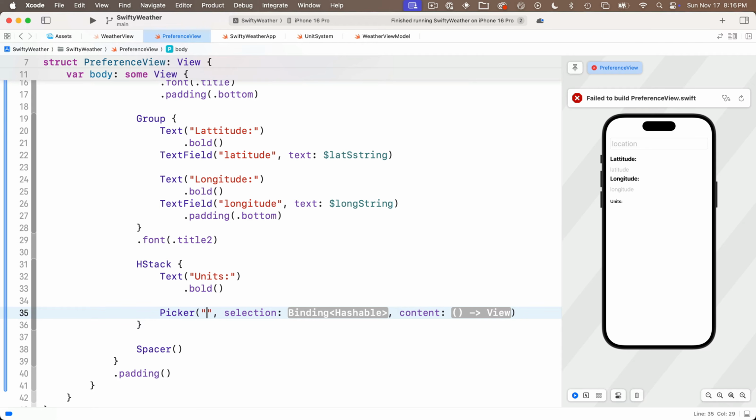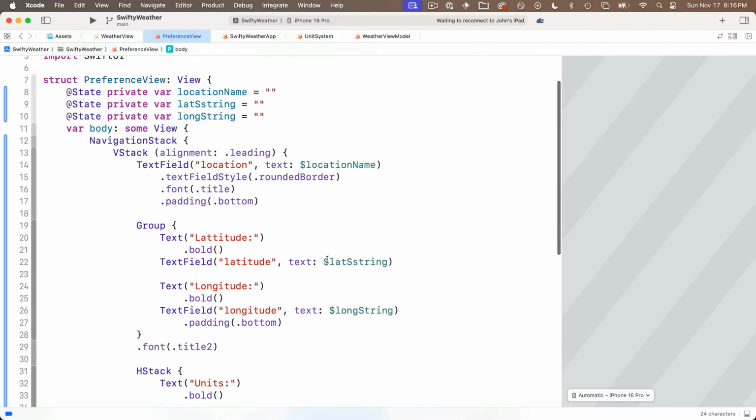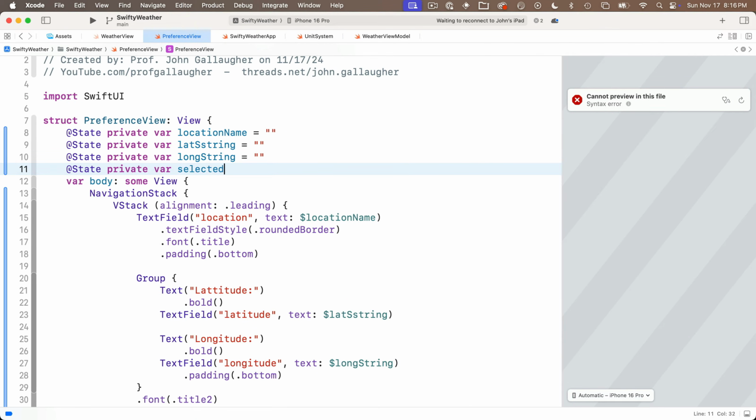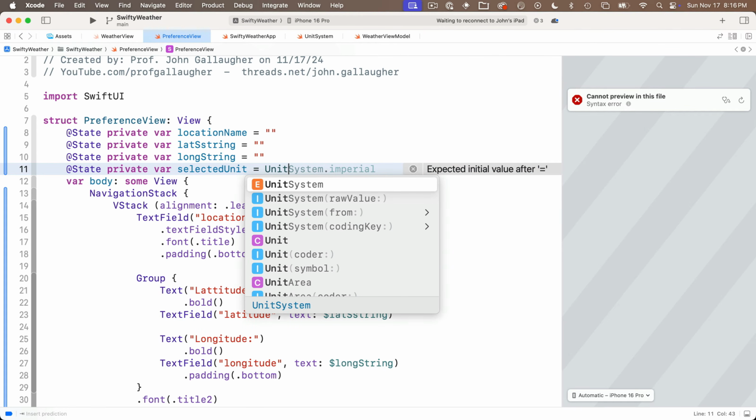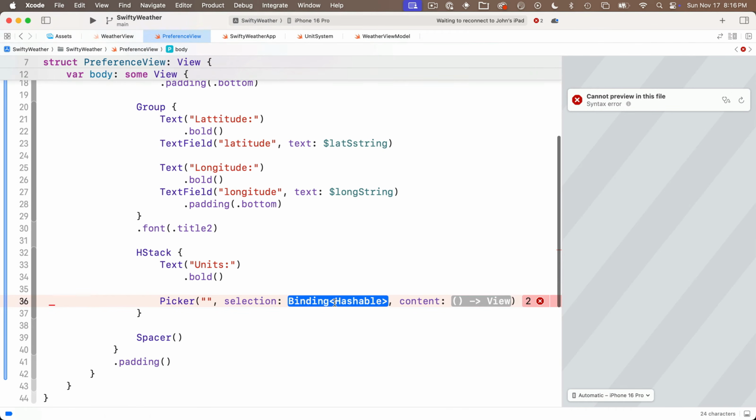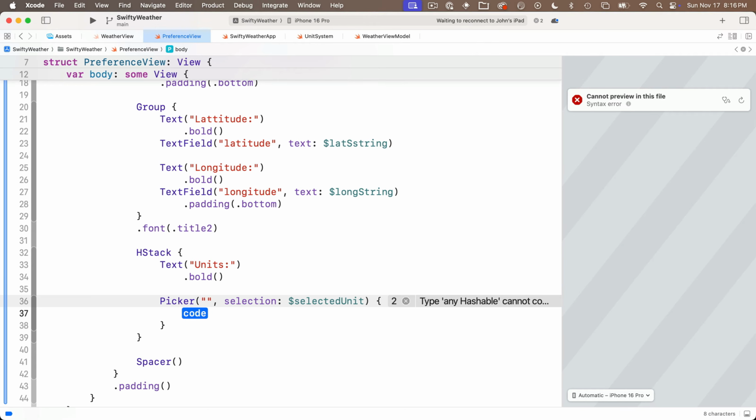Remember, the standard pull down picker doesn't show a title on iOS. Tab over to selection. Oh, and we need a selection value for this. So up top we'll say @State private var selectedUnit equals, and we want to set this to default to imperial. So we'll say UnitSystem.imperial. Then down below, pass in $selectedUnit, tab over, press return for trailing closure format, and we want to enter